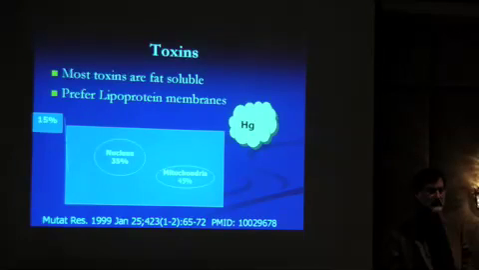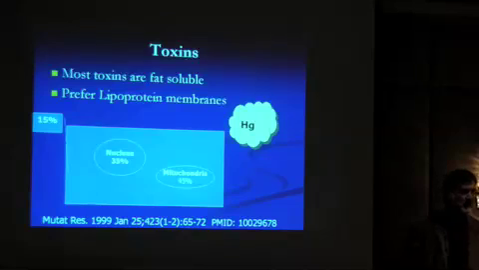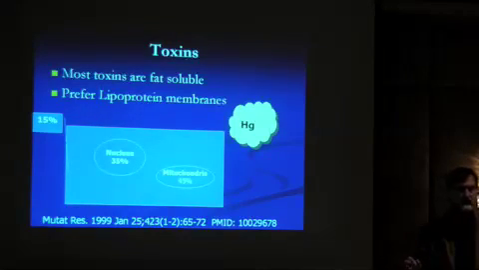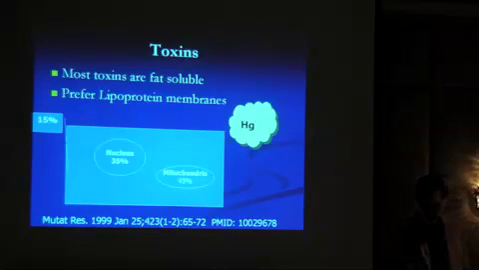So what makes a material a toxin? Almost all the things that we consider toxins are fat soluble. And what does that mean? Does that mean it sits in your belly or wherever you're fat? Well, it actually means that these toxins sit in lipoproteins in the membranes of cells. And what this article showed is that you can take